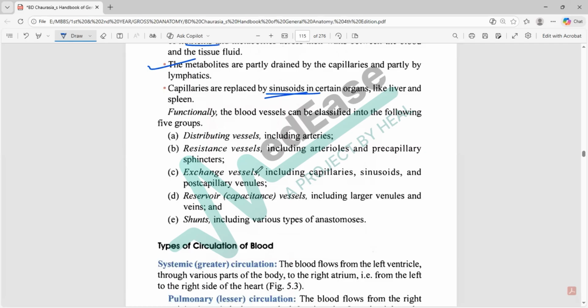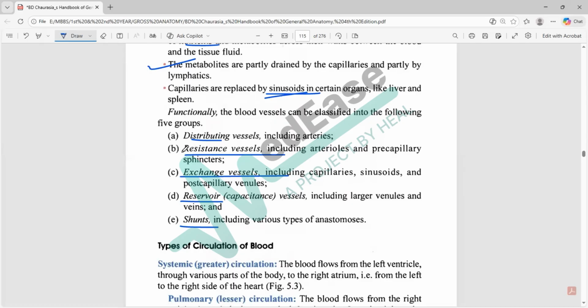The blood vessels are mainly divided into five groups which are normally used. We have the distributing vessels, the resistance vessels, the exchange vessels, the reservoir vessels, and the shunts. Whenever there is a distributing vessel, you need to remember this will be distributing the blood, which is the arteries. Then we have the resistance